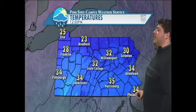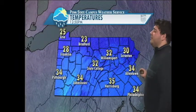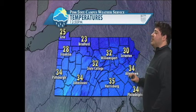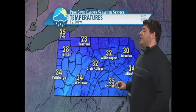Here are the temperatures around the state right now. A lot of the southern part of the state where they got all of that ice, they have gone above the freezing mark, so they're at least going to get some melting going on today. However, they're going to drop back below the freezing mark tonight, and they're going to stay below the freezing mark for the next couple of days as well. So all of that ice that does melt will refreeze overnight,